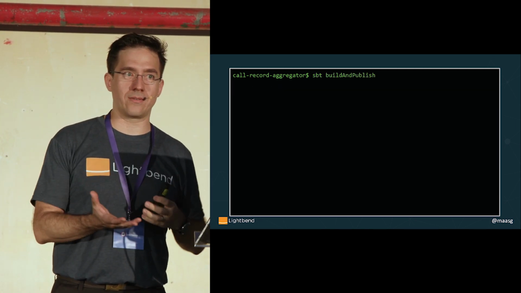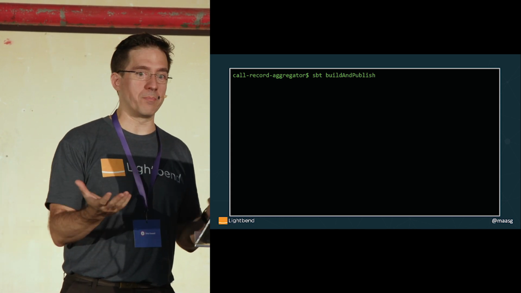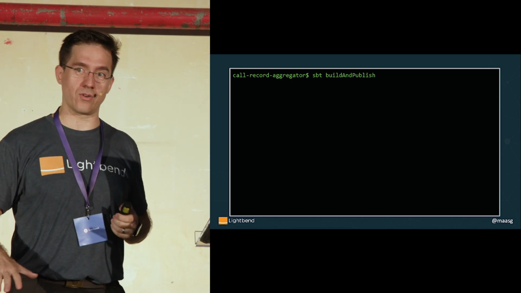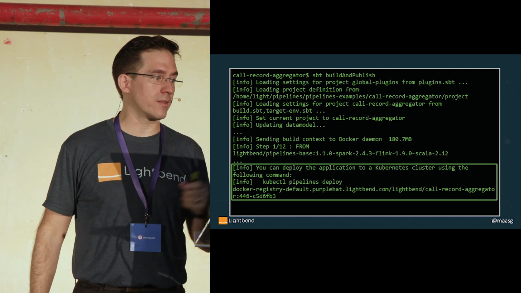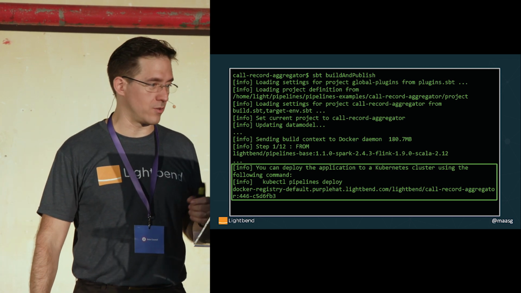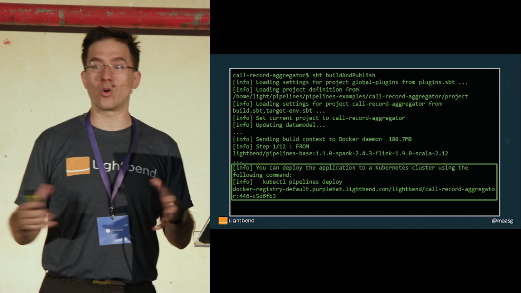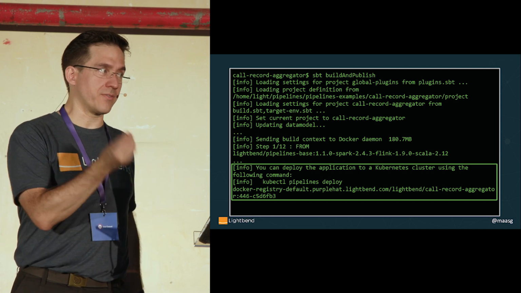Then using this extension of the build, I can build and publish. Build and publish does two things at the same time. First, it builds your whole project, all the binaries of the project, the normal compilation phase. And at the end of it, it generates a Docker file. And the Docker file contains the binaries for every